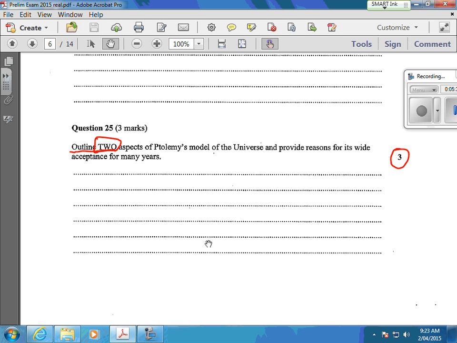Second thing, once you know that he supported the geocentric model, you need to provide reasons for its wide acceptance. Not his ideas, but the wide acceptance of a model that's geocentric. He's the one with the Earth in the middle. Why was it widely accepted? I've talked about it before. If you're standing on the Earth and you're looking around, the Earth doesn't seem to be moving. When you drop an apple, it falls at your feet. And if you look in the sky,